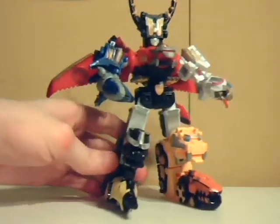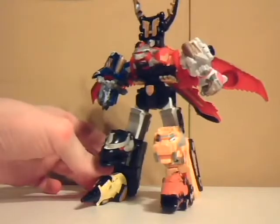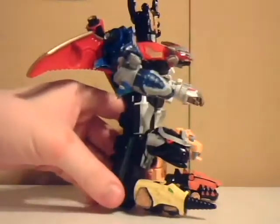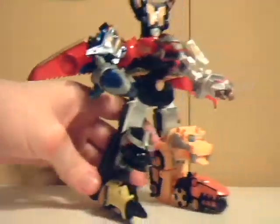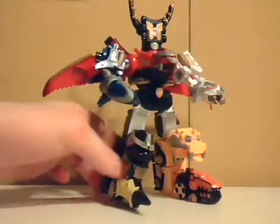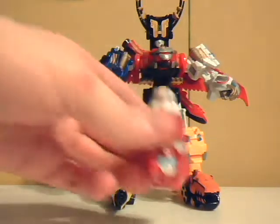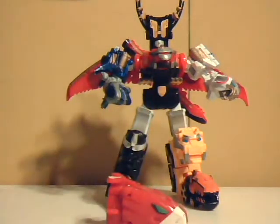Personally, I don't like this form as much, even though it still helps to roll. The back end of the feet, the heels in a sense, don't help it roll really. So pretty much you gotta angle it if you want it to actually roll like it would in the show, since it dashed on roller skates. Up next though, you have your crow,